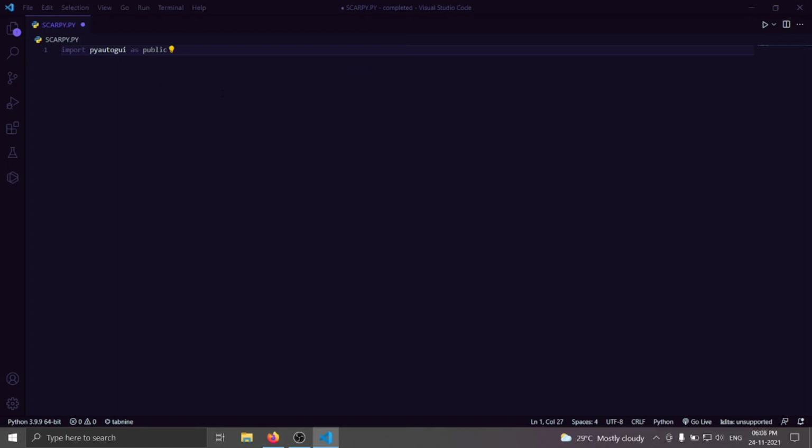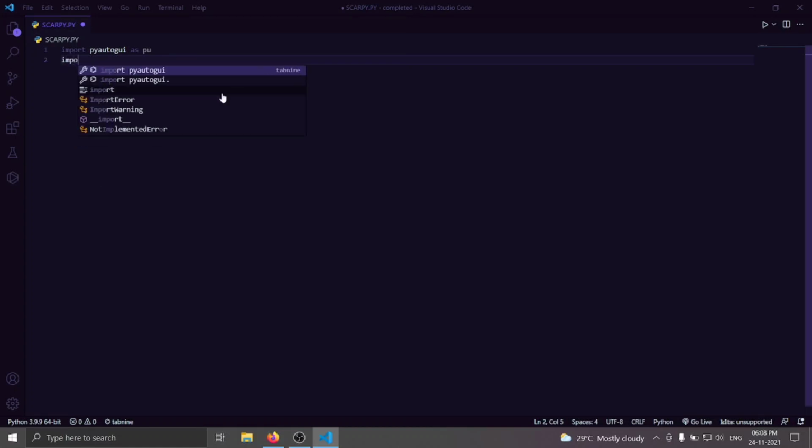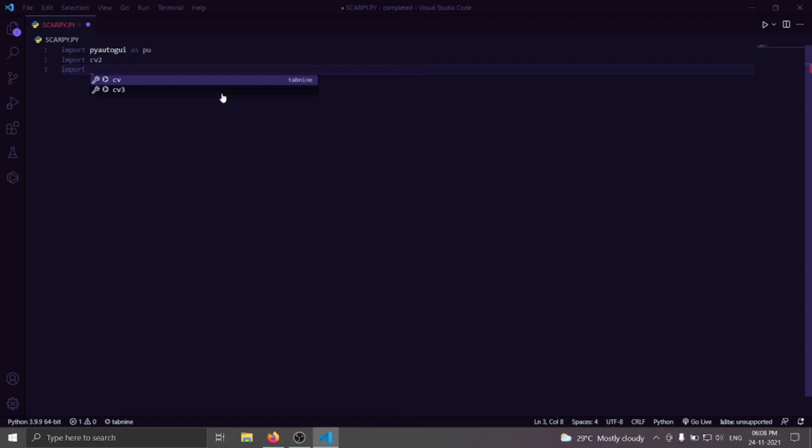Okay, as public, something like public, well, let it be short, pu. Okay, now we are going to import cv2, and then import numpy as np. Okay, now this has been done successfully.